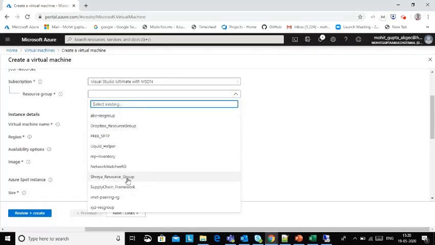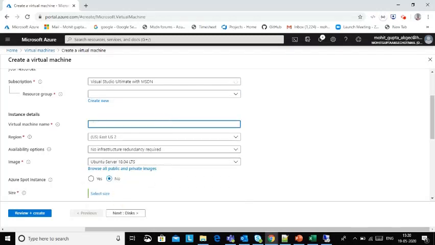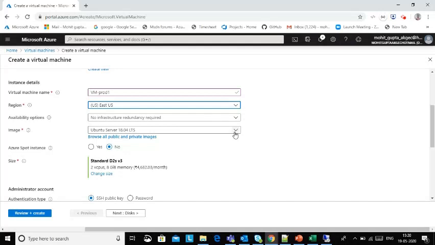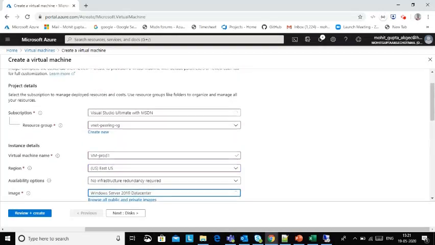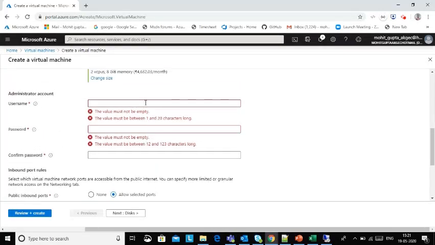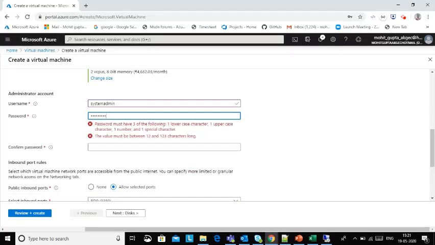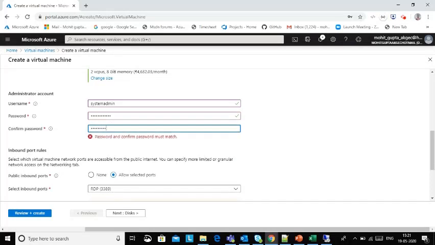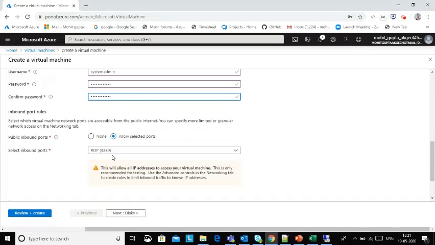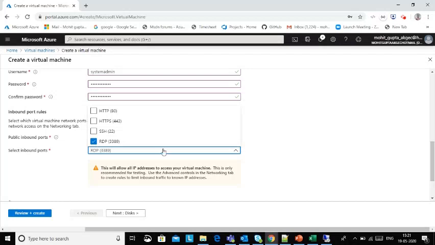Select the resource group, give the name VM prod 1, taking Windows 2019, and provide the username and password. We need to allow port 3389 so that we can make the RDP connection with the machine.